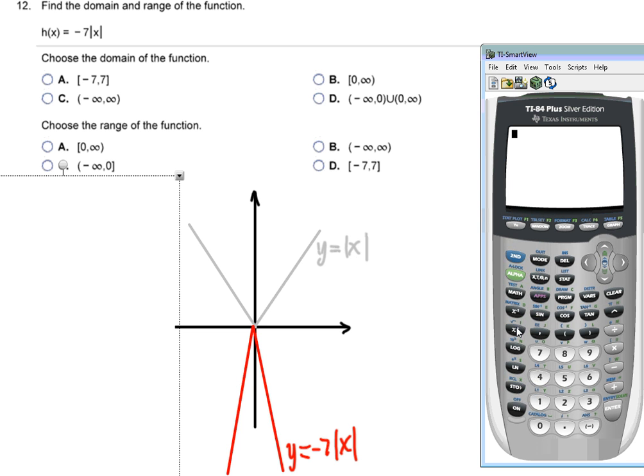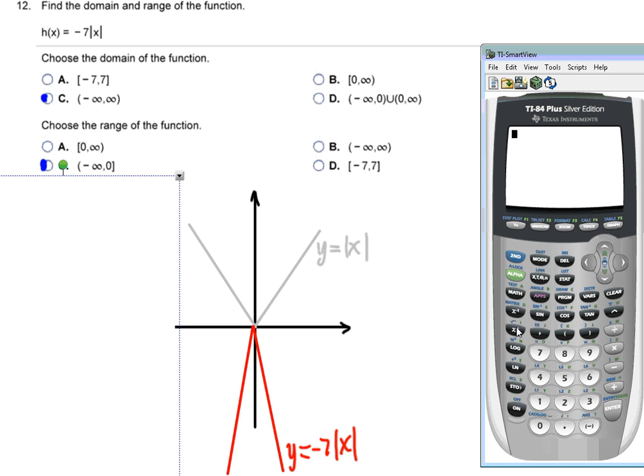Domain is the x values. So looking at the x-axis, we go from negative infinity all the way to positive infinity. If we wanted to look at the range, which is the y-axis, notice that it only goes up to 0 on the y-axis. So we're going from negative infinity to 0. So here the answer would be negative infinity to 0 for the range, and